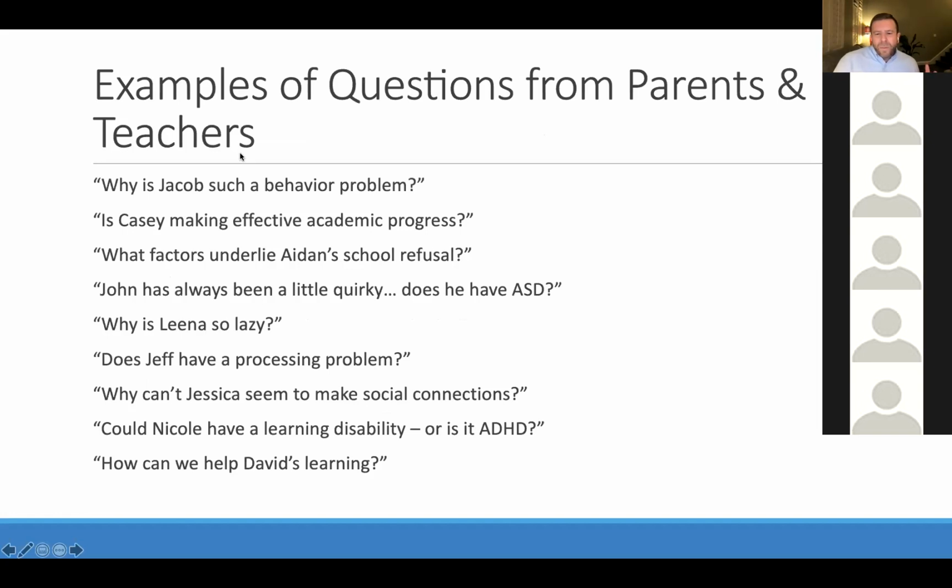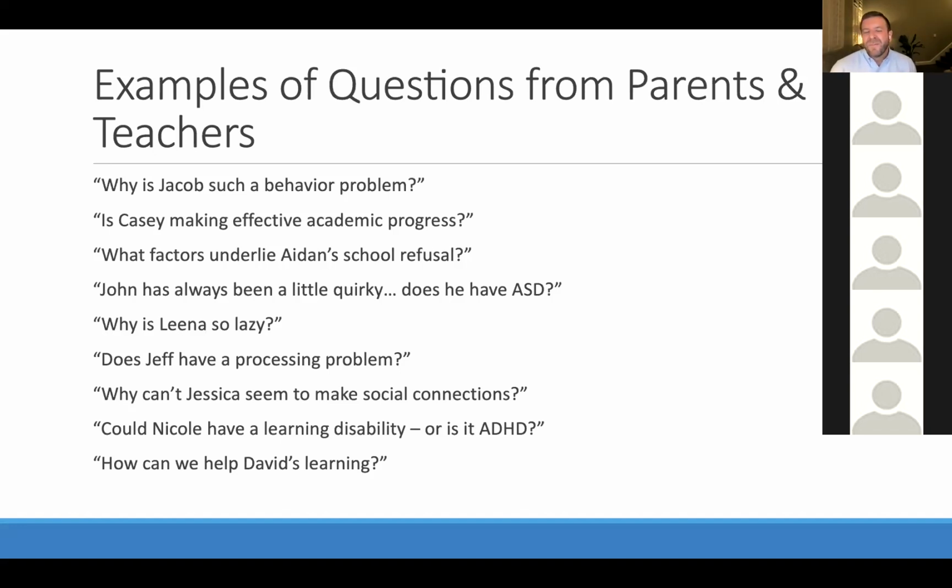So the types of individuals that come to our office for evaluation, really it's a broad range. Sometimes we get folks that may be being referred for the first time. It's uncertain what kinds of learning challenges might be going on, but we're seeing that they're struggling in a particular area, or that a student is maybe struggling with social emotional goals, and there's a need to better understand what might be underlying that. Sometimes it's students that maybe have been seen by a number of providers already.